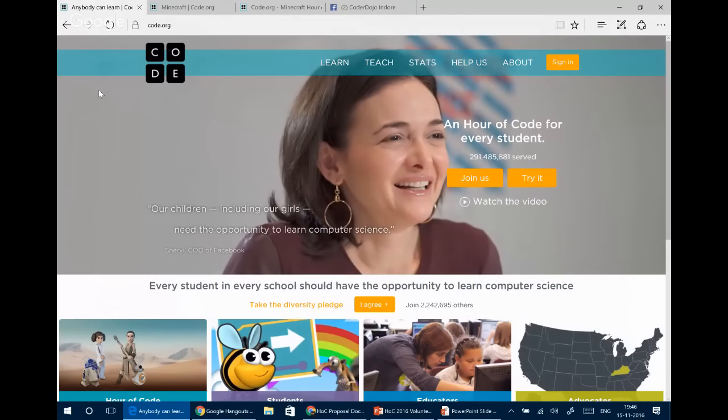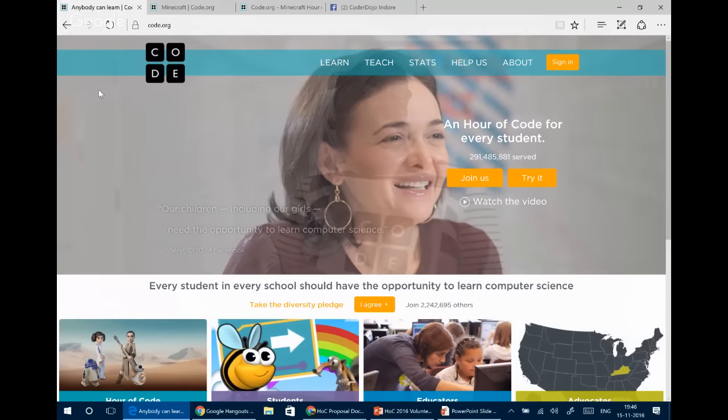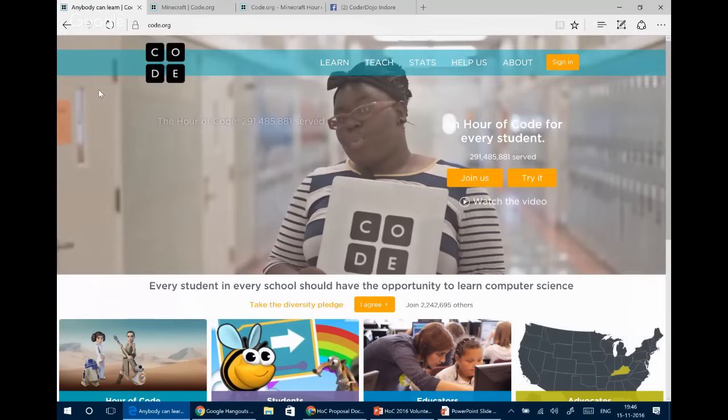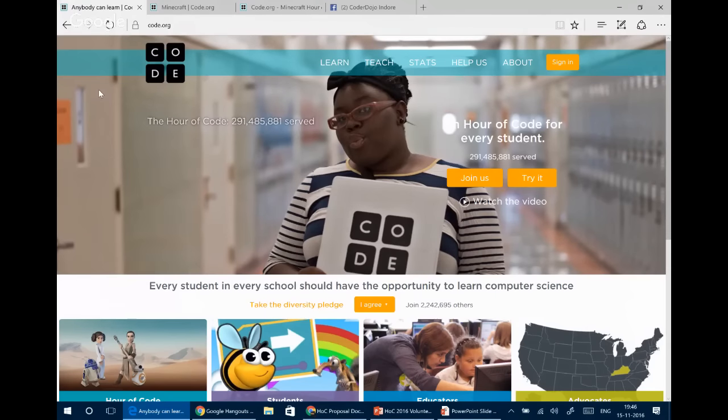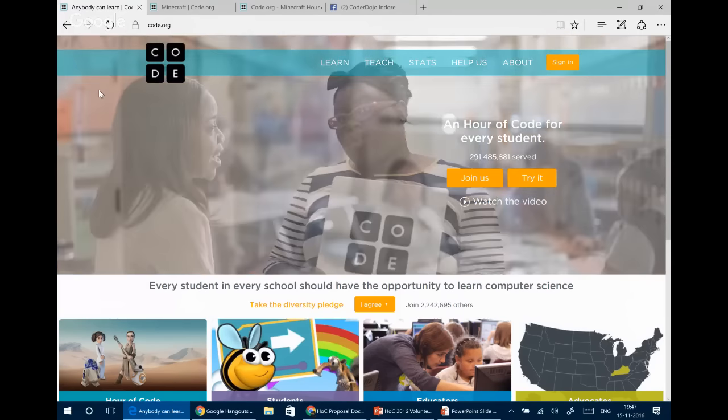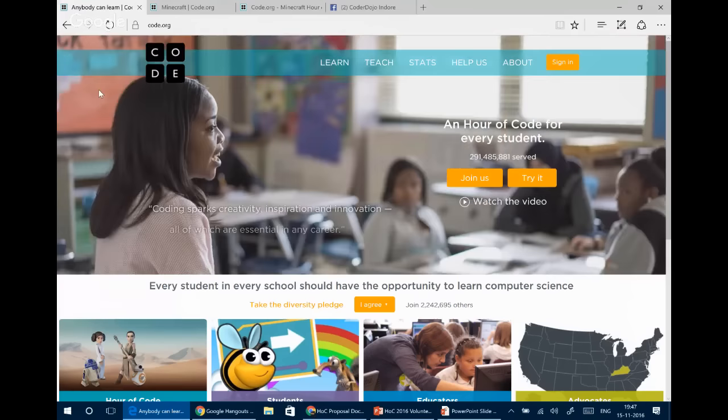Why this Hour of Code was formed was a very simple thing: the second week of December is actually Computer Science Education Week. So it is celebrated as Computer Science Education Week. During this week, the code.org organization decided that we'll be hosting an event in which we'll be embracing technology and giving an exposure to the young generation of what coding is.